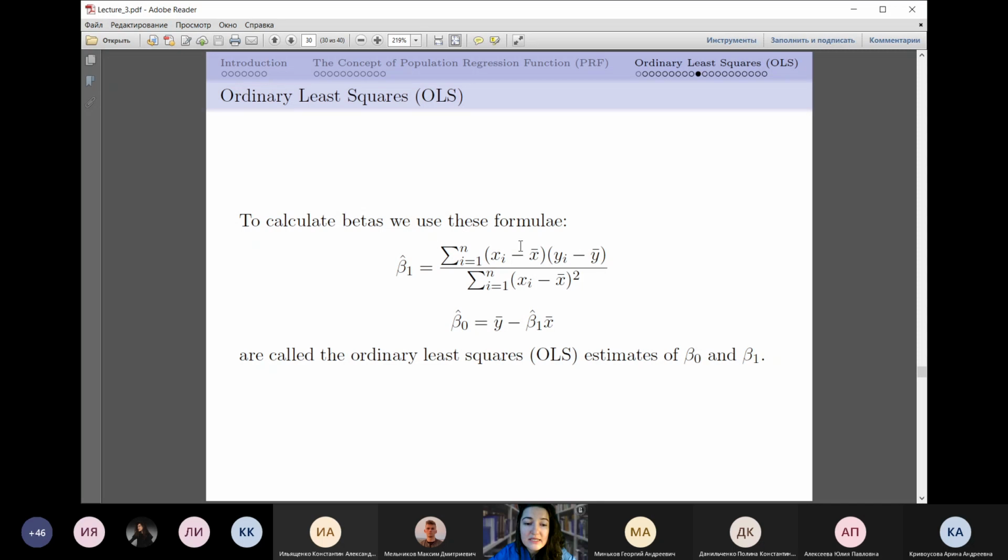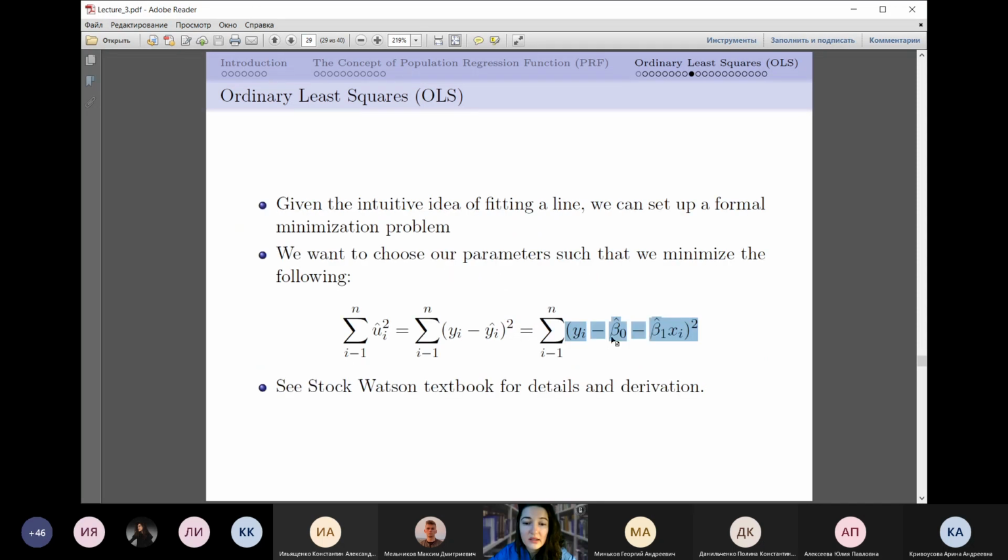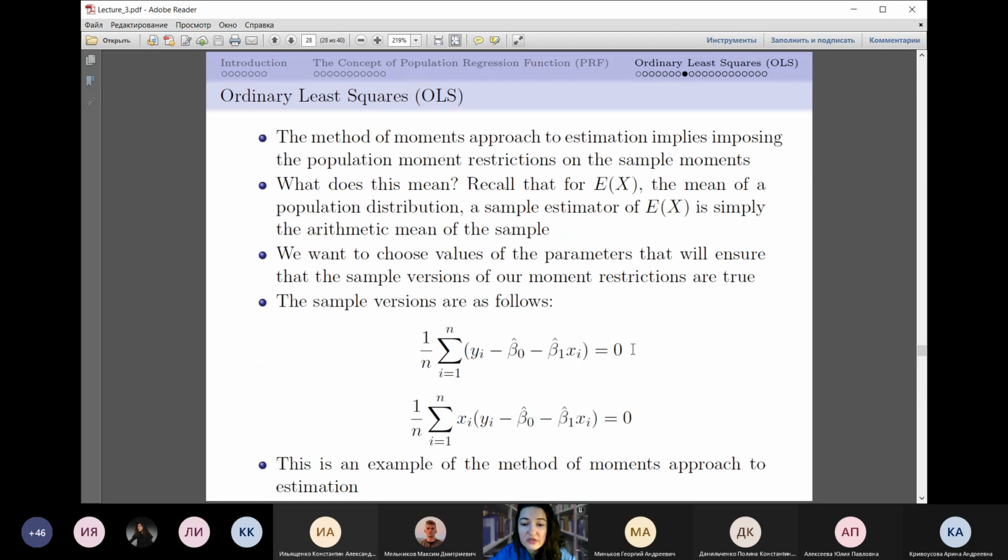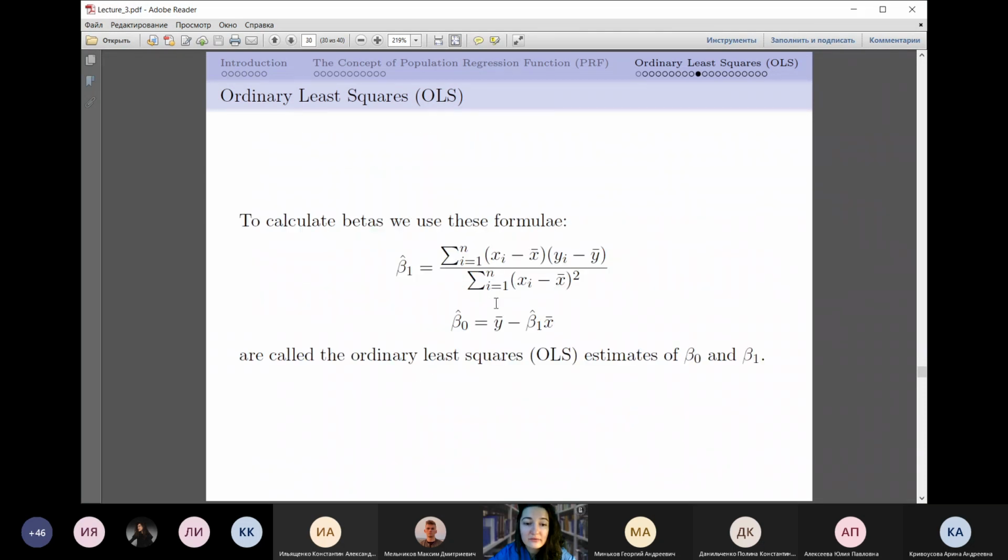And using some basic properties, from this equation we can derive that beta 0 equals this one. So a sample average